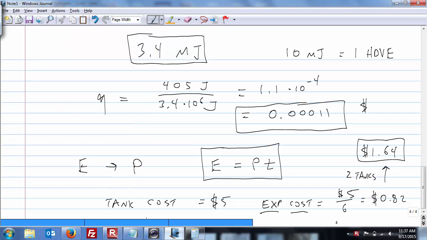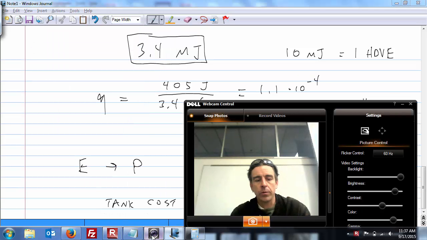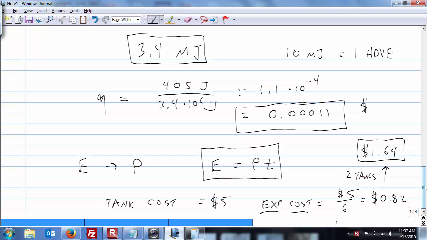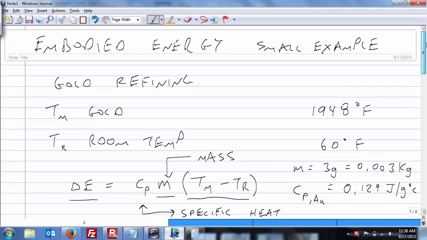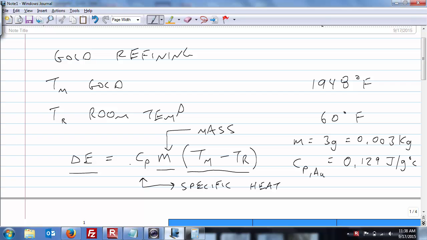So just to review, what we just ended up doing was looking at embodied energy in a gold refining process, and it was a perfect example for gold. We used smaller numbers, as we mentioned previously. We didn't take all of Missoula and look at all of their plastic. We went right back to the fundamental specific heat equation, nothing too fancy: the changes in temperature, the mass, the specific heat of the material. And that's a super bottom end number, that 400 and whatever joules we came up with,